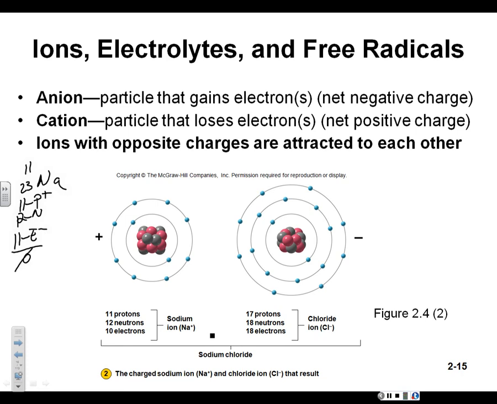How many protons do we have now for sodium? This one, how many do we have? How many in the first orbital? How many in the second orbital? So, 1, 2, 3, 4, 5, 6, 7, 8, 9, 10. So we got now